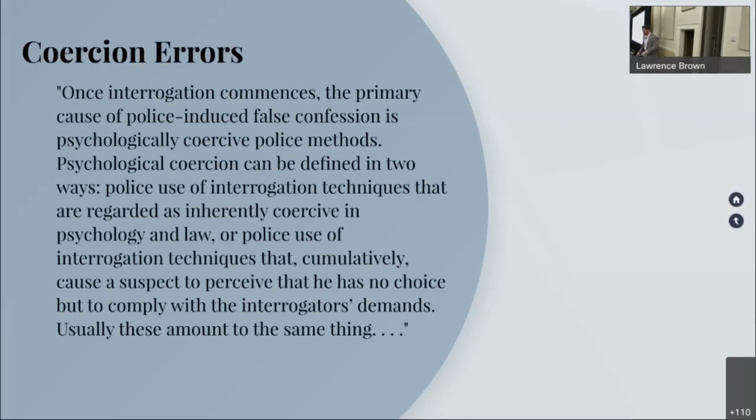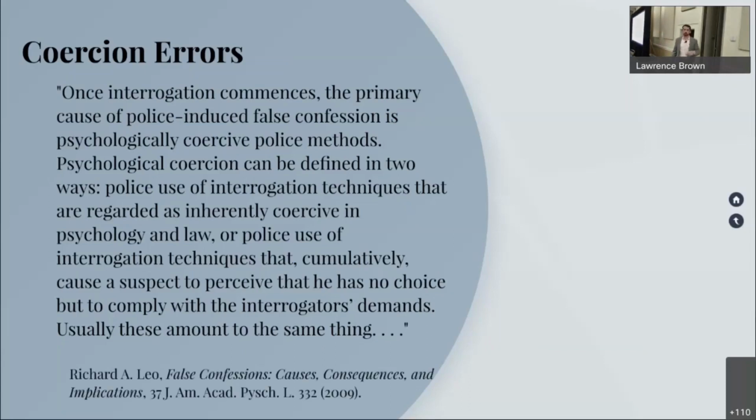If you've done any looking or reading into false confessions of exonerated defendants, these are not folks where there is some question on the table. These are folks who have been exonerated by DNA or other scientifically validated evidence. A startlingly high percentage of them involve either false confessions from the defendant or bad information provided by someone else. So this is an important issue. What do these coercion errors look like? Here's the citation if you're interested in reading where that quote came from.